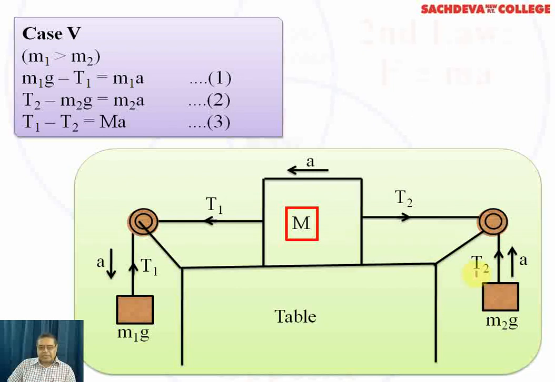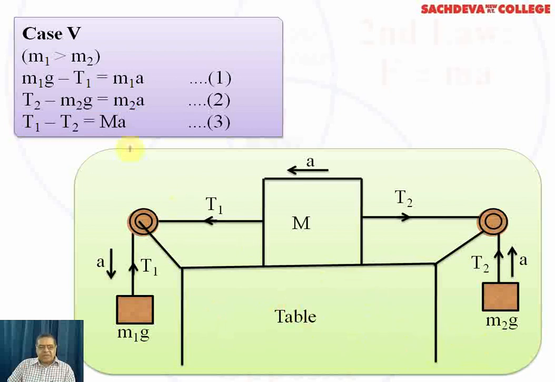The bigger mass is M1, its acceleration is towards the left pulley, tension T1 towards the left and tension T2 towards the right. We are assuming M1 is greater than M2, so obviously the mass will start moving towards the left. So M1G minus T1 equals M1A, then T2 minus M2G equals M2A, T1 minus T2 will be